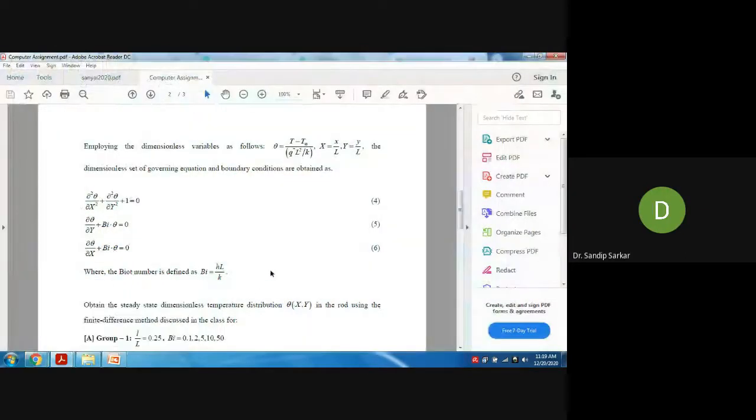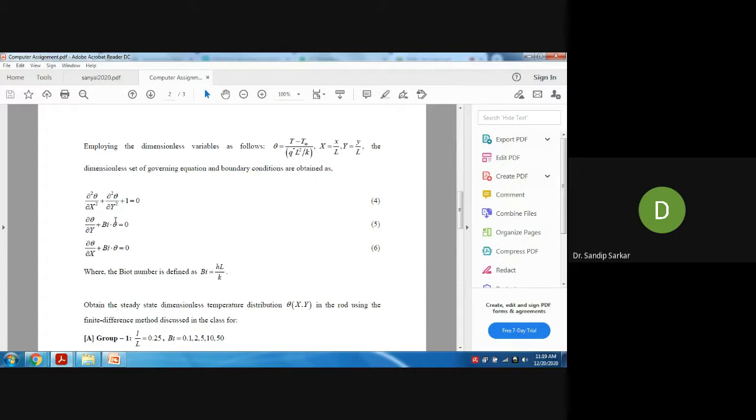So it is the relative dominance of convection to conduction, the ratio of conduction to convection. So when to consider convection and when to consider conduction, this is the relative dominance. We can define it by the Biot number. That is the lumped parameter analysis. During your lumped parameter analysis, you must have studied what the Biot number is.